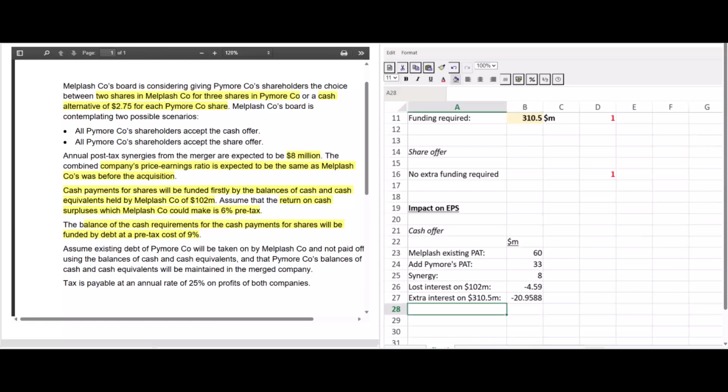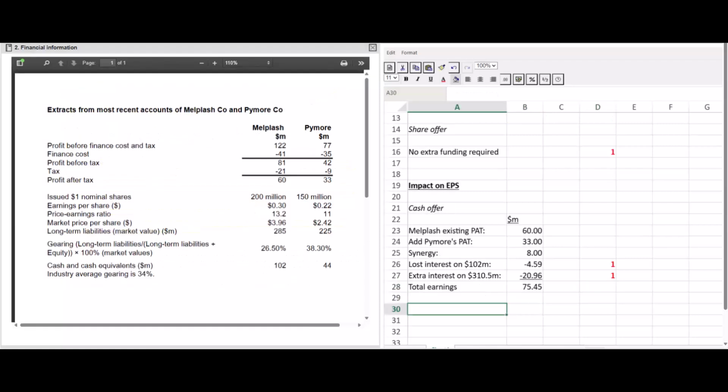So let's add it all up, and that will give us our new total earnings. So we can do all of those combined. You can just underline that number. So I just did Control U there to underline that to show that we're doing a total. And if we just do the sum of all of those, that will give us our new total earnings, which is 75.45. And again, don't forget you can tidy that up a bit by clicking on the 2 zeros at the top there, and we could make that all to 2 decimal places just to make it look a little bit neater. Great. Right, there was a mark going for the lost interest and there was a mark going for the extra interest. So let's just give ourselves those.